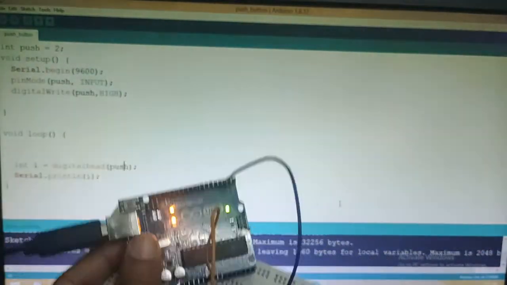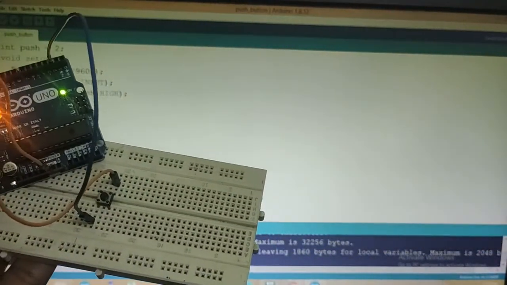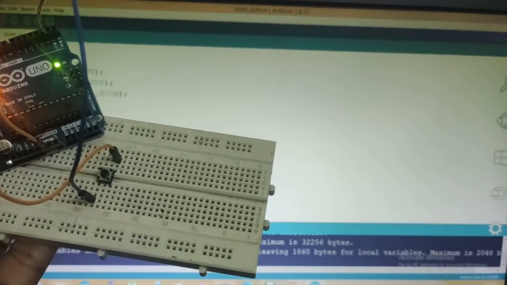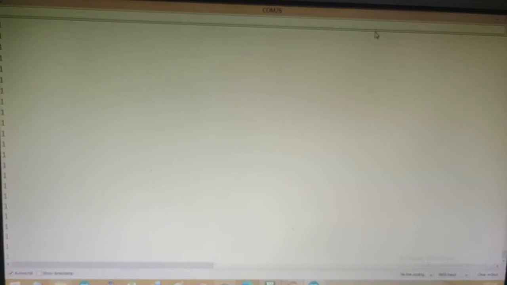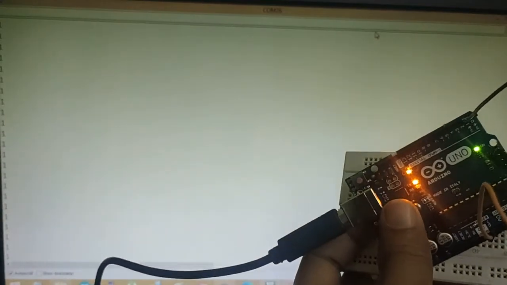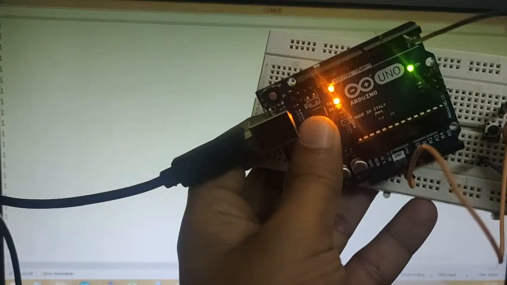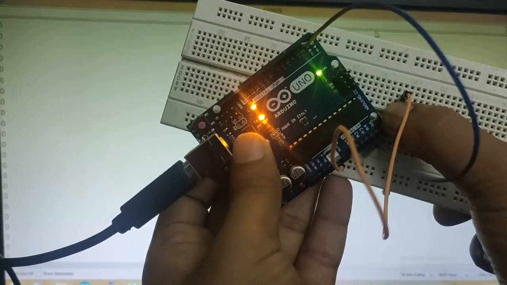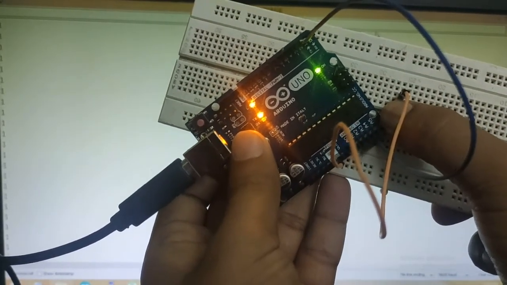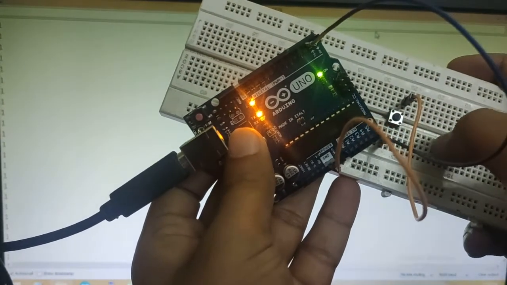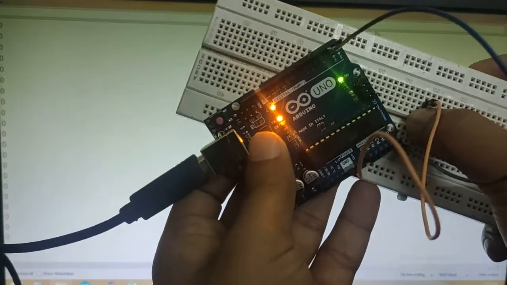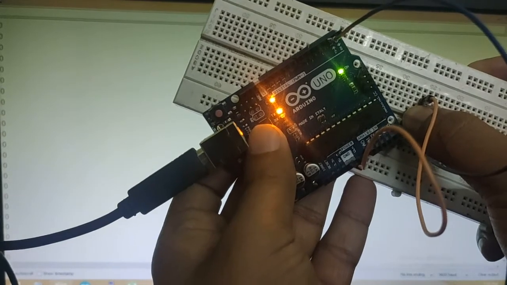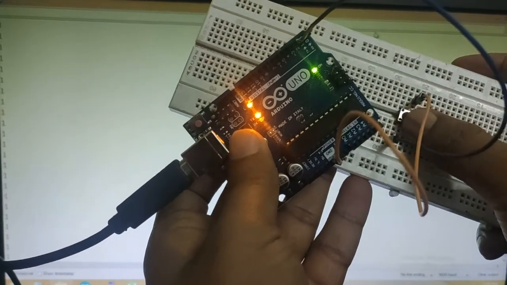It is successfully uploaded. Now I am opening the serial monitor. Here you can see I am getting the value 1. The moment I press this switch, I will get 0. If I release the switch, I will get 1. If I press the switch again, I will get 0. Why is it coming like this?